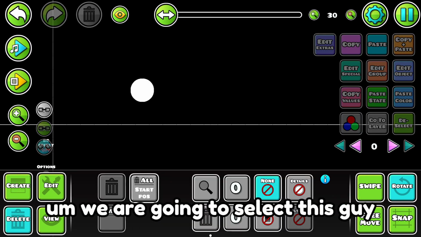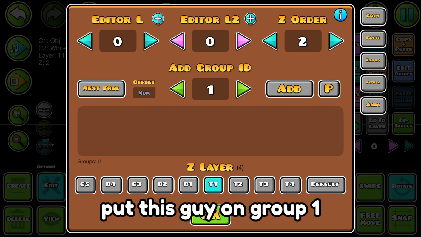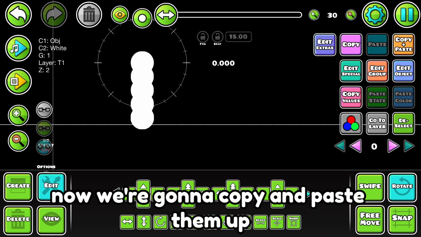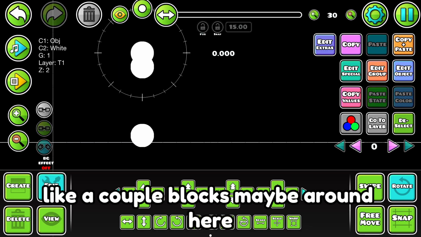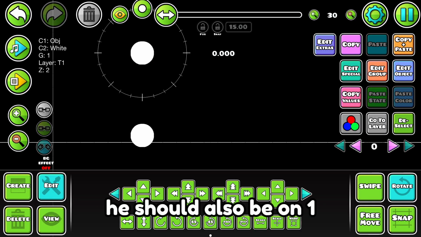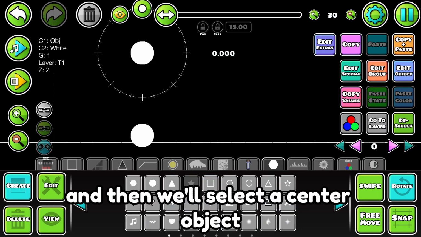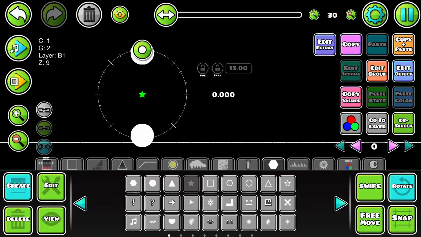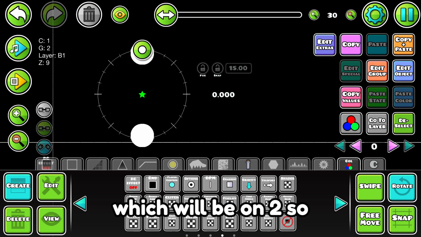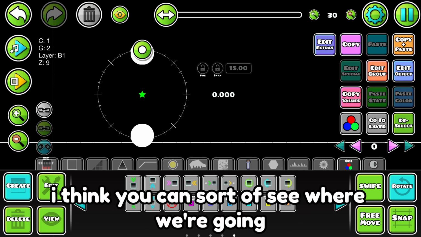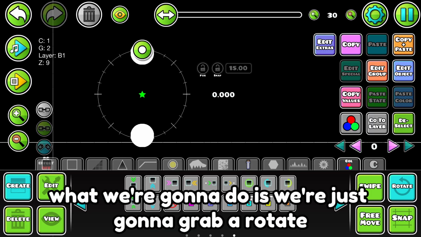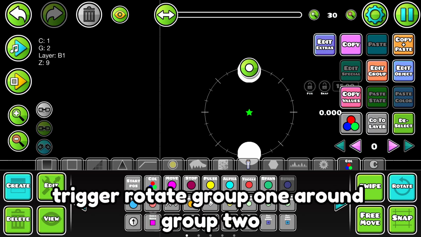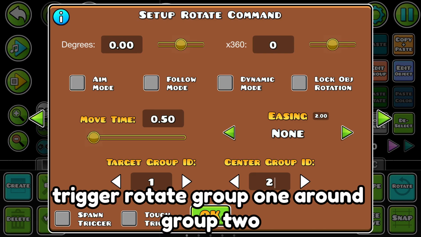We are going to select this guy, put this guy on group 1. Now we're going to copy and paste him up a couple blocks, maybe around here. He should also be on 1, and then we'll select a center object, which will just be the star, which will be on 2. So I think you can sort of see where we're going with this. What we're going to do is grab a rotate trigger, rotate group 1 around group 2 three times over 30 seconds,